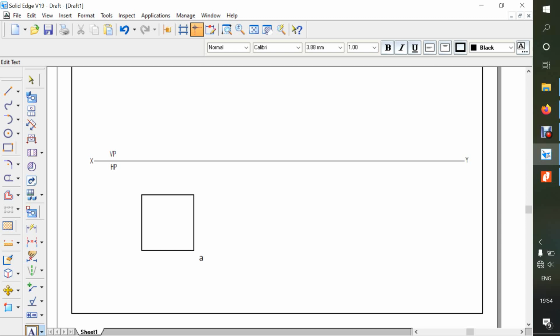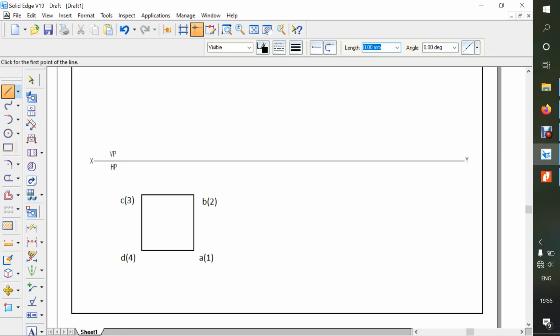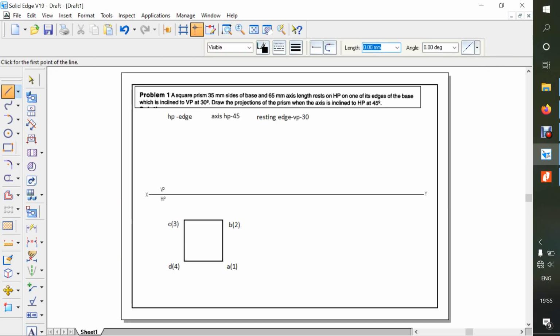First thing we'll say corner A in the bracket 1, and this as B bracket 2, and this we say C in the bracket 3, and this we say D in the bracket 4. This A, B, C, D corresponds to the top square and 1, 2, 3, 4 corresponds to the bottom square, which are separated by a distance of 65 mm. That is what they have mentioned, axis length is 65 mm.